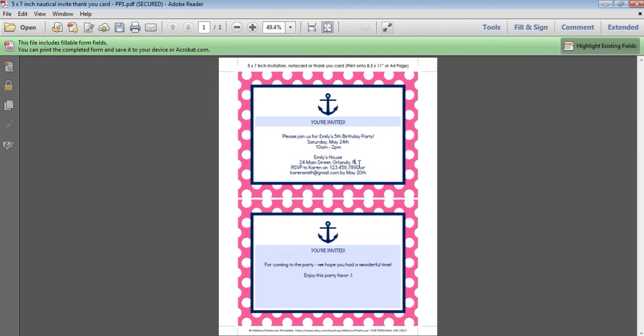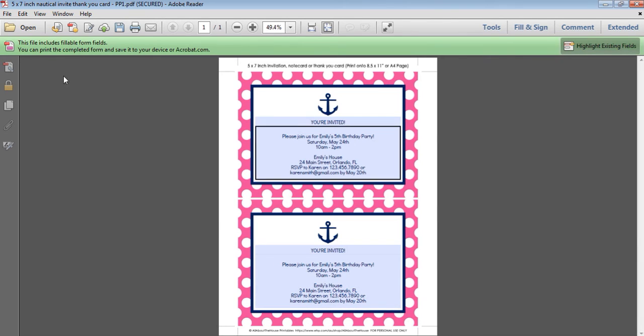The way I've got this invitation set up is that it will automatically put your text in the center, so if you want it aligned to the left or the right, you won't be able to do that. You can only have text appearing in the center, and the reason for that being is that I personally think that it looks nicer if all of your text is in the middle of the invitation rather than bunched and all clustered up onto one of the left or the right sides. So it's already formatted for you. All you need to do is type in your text and then save it.